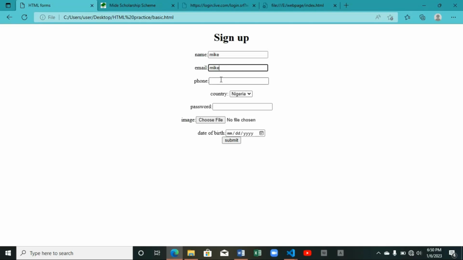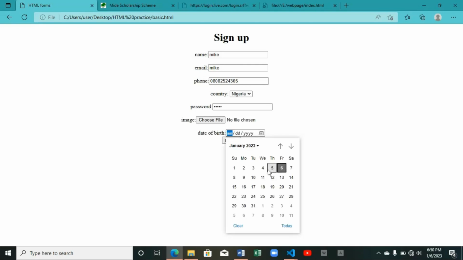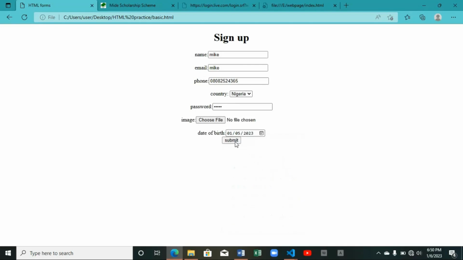Let's imagine I place just Mic and I enter 0903690, password 1234. Alright, date of birth. We didn't put required on this, so all this wouldn't matter. So it tells us that we should include an @ in the email address. So @gmail.com. Once we click submit, it sends the data, but the data is sent nowhere since this is not